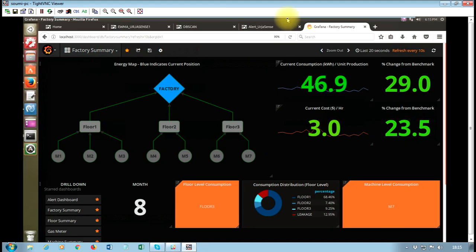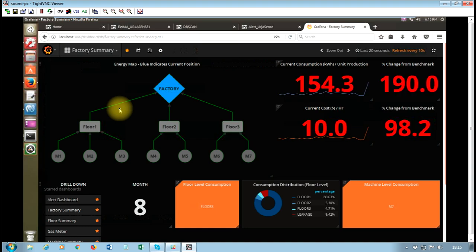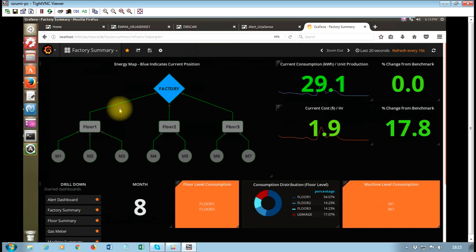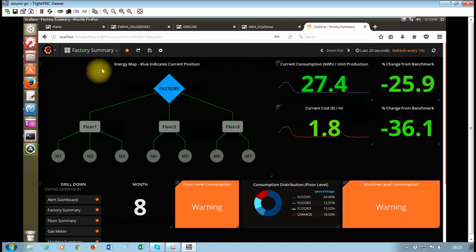Hi, this is a complete energy management solution which actually monitors the energy consumption of a factory which has 3 floors, and in each floor there are different numbers of machines. For example, floor 1 has 3 machines, floor 2 has 2 machines, and floor 3 has 2 machines. This is the energy map, and the blue color indicates that we are at the